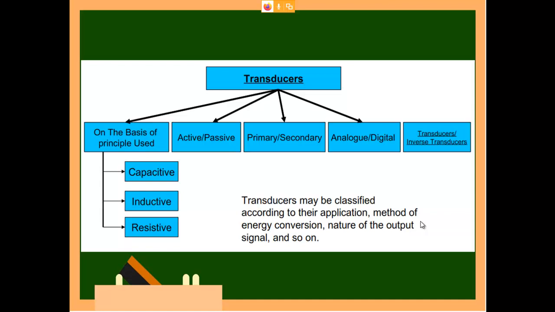Whereas for analog, you have temperature sensors like the LM35, which measure in terms of analog value. Okay, then comes transducer and inverse transducer. Transducers have so many classifications. Broadly, transducers may be classified according to their application, method of energy conversion, nature of the output signal, and so on.